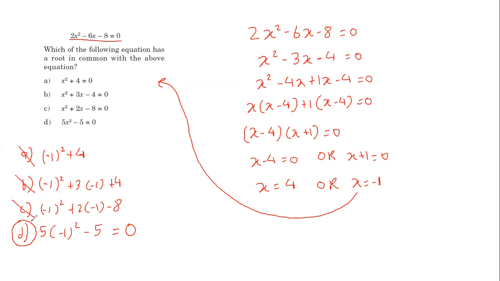So guys, you can just put the values back in the equation and check. If it satisfies, that will be the root of the equation. If it does not satisfy, that won't be the root of the equation. And try to go for the convenient value first. So I hope this middle term splitting is sorted. So that's one way to solve a quadratic equation. Now let's try to figure out another way by which we can actually solve a quadratic equation.